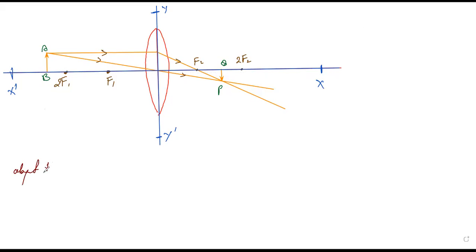So object distance is equals to, that would be OB. Okay, so O I haven't given, so this is O. So OB जो होगी वो तुम्हारी object distance हो जाएगी. So ये जो है ये तुम्हारी object distance बन जाएगी. तो यहाँ से यहाँ तक, और इसको हम लोग दिखाते हैं U से, इसको हम लोग U से दिखाते हैं।